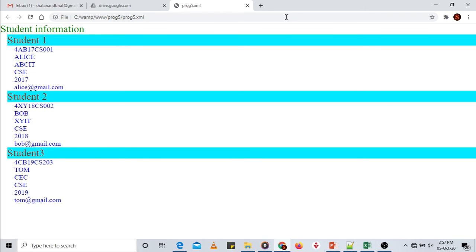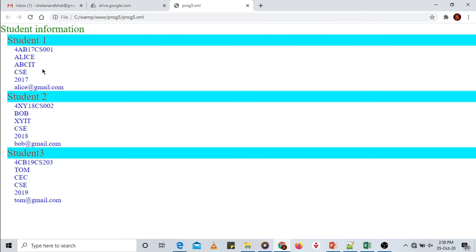So this looks better compared to the previous plain XML document. Here we have applied styles. See, the color of this h1 is set to green. Here the color is set to brown for h2. Margin is set to 20 pixels. The background color is set to cyan. Here the margin is set to 40 pixels. The background color we have not set. And for the entire block we have set the text color to blue, and so on. You can select any color of your choice, but make sure the contents specified in your XML are displayed in a better way.